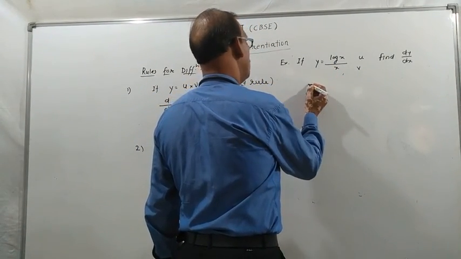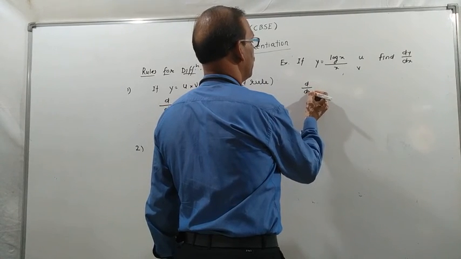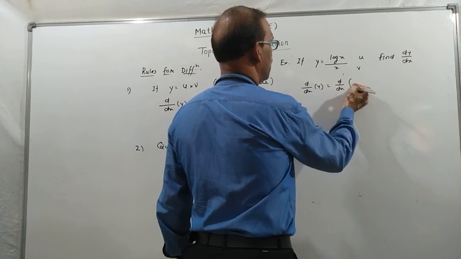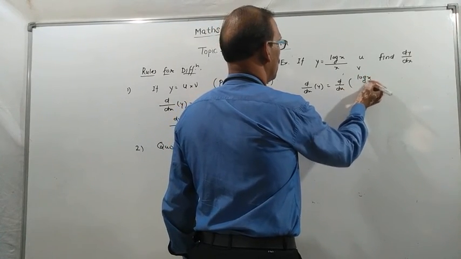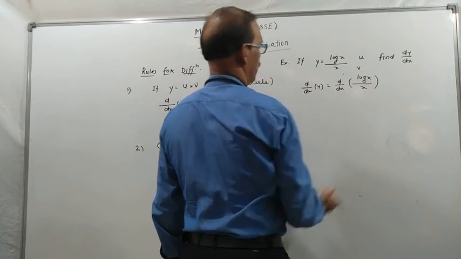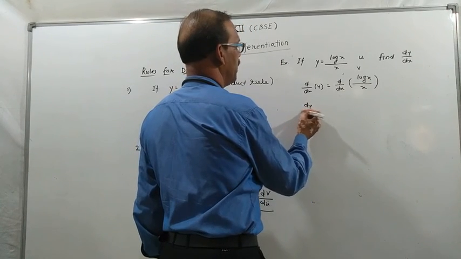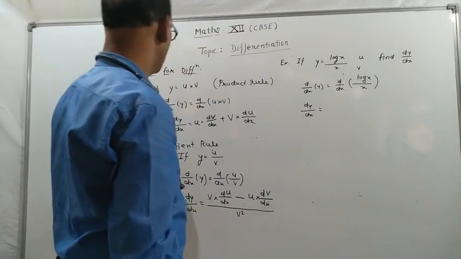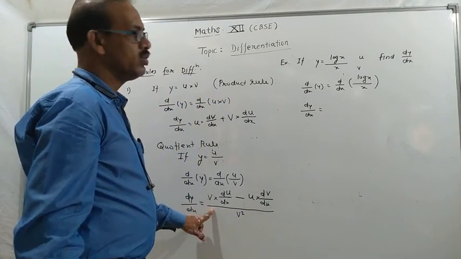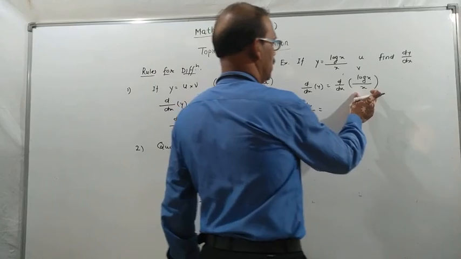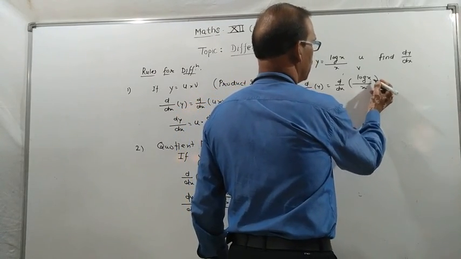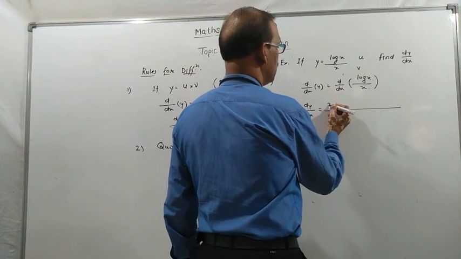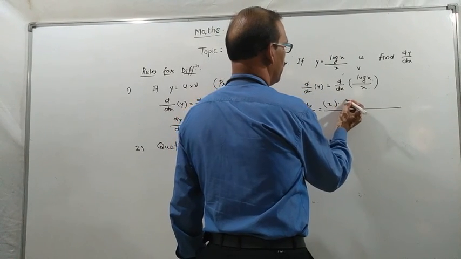By the quotient rule, first we take the derivative of the left hand side as well as the right hand side with respect to x. Its value is dy by dx, that is equal to, according to the quotient rule, we apply this rule to this right hand side. This is your v and this is your v. So according to this rule, denominator as it is into d/dx of